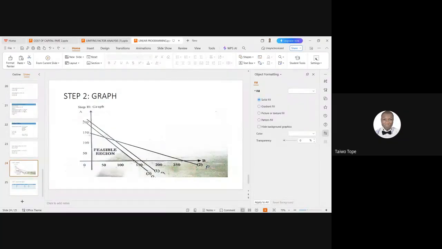So this visible region here, it is the region of constraints, where we have limitations. Anything outside this region means you have resources in excess. This region is not bounded by limitation. But this visible region,